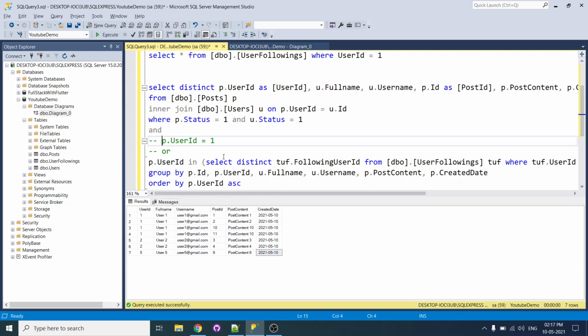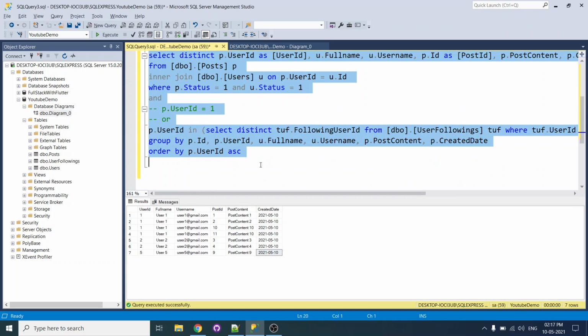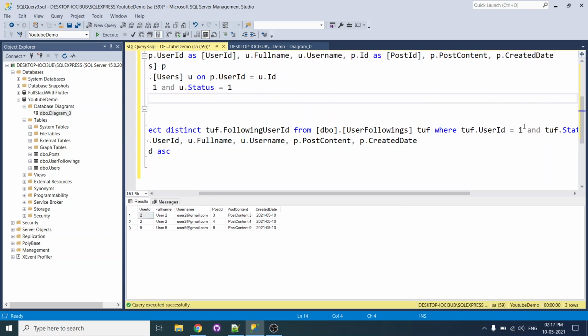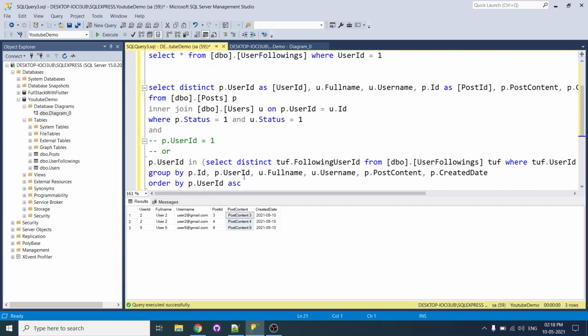So if we remove this OR condition, only the followers of user one, 2 and 5, remain. Those records are being fetched. The post records are being fetched, and we can display that. So this is the structure that we have created.